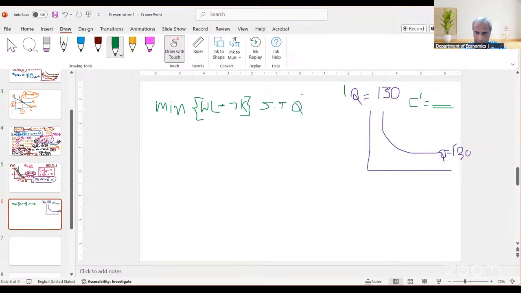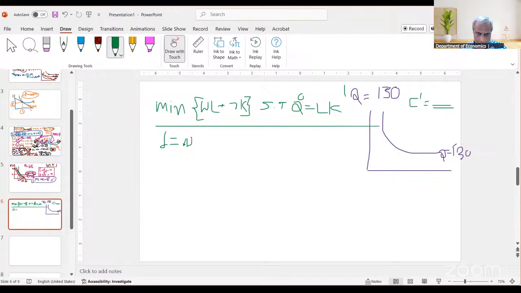Now output is given, 130. I'll take the original example production function. Now here, a Lagrangian you have to write. First the objective function, WL